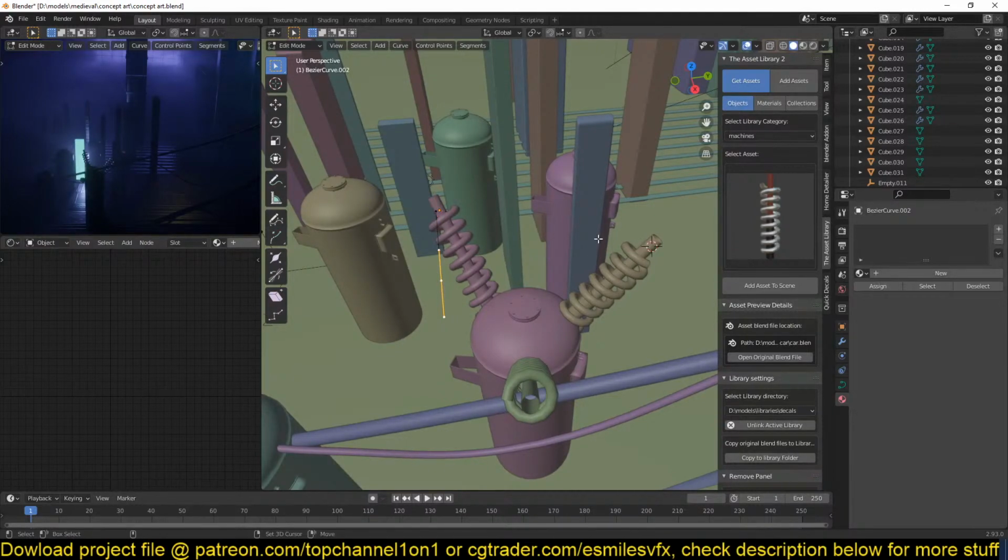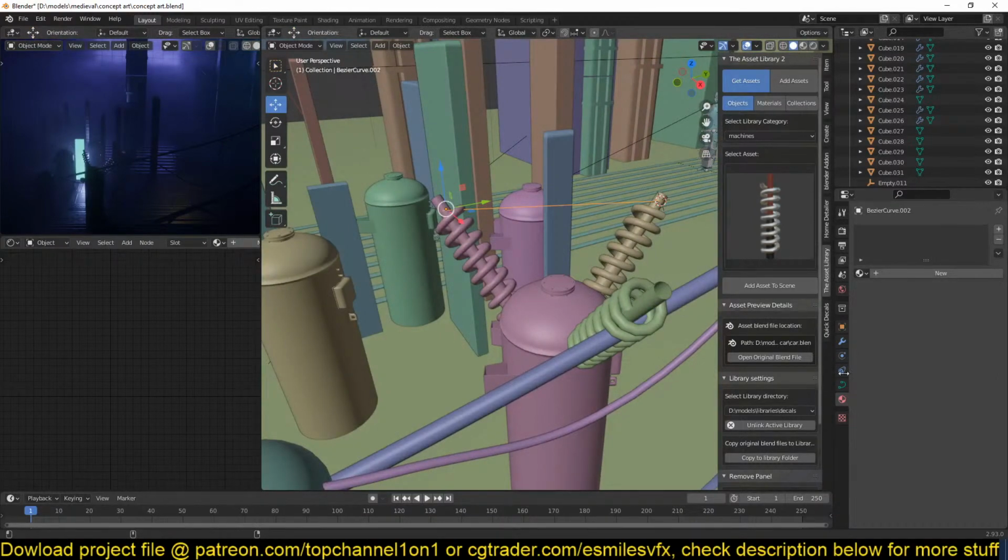These are going to be power lines, and if you add,